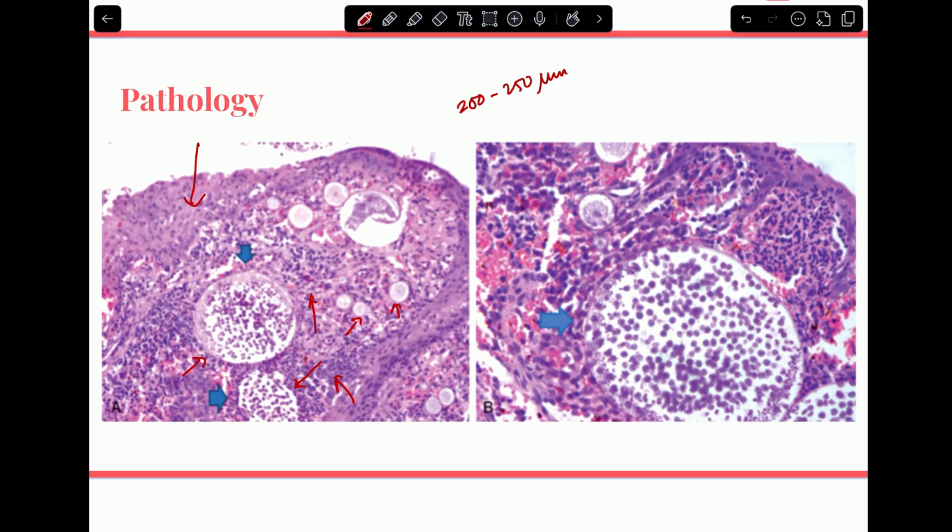And the sporangium will also have a thick chitinous wall. You can see over here, this wall is so thick. It'll have a thick chitinous wall with an apical pore ready to burst. So you can see in the image over here, this is a mature sporangium filled with a lot of endospores inside it, ready to burst.